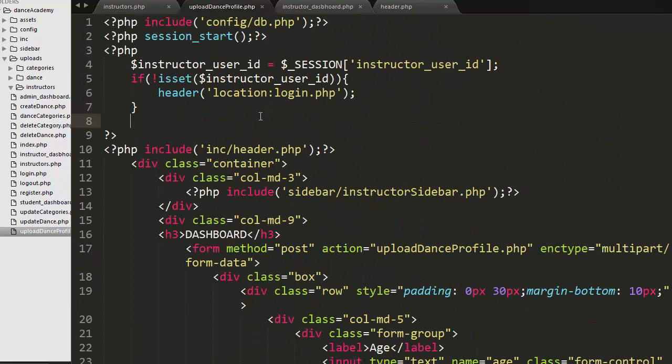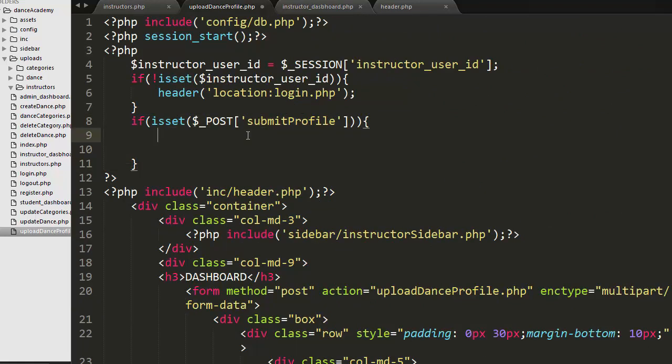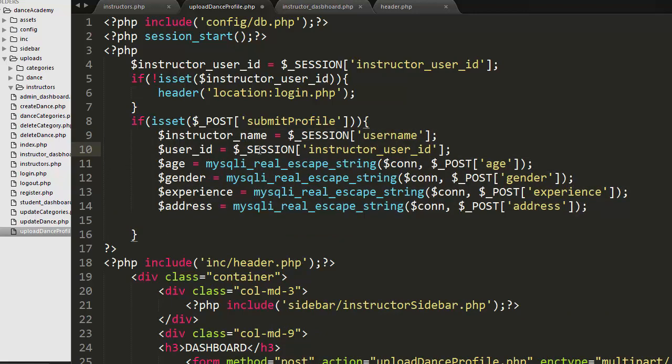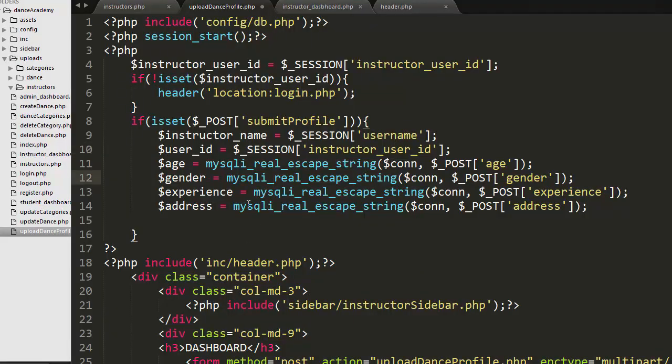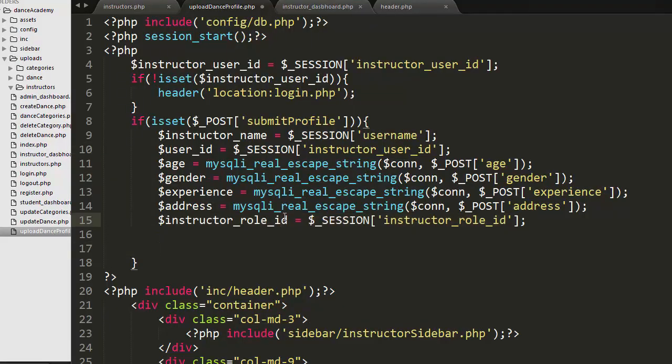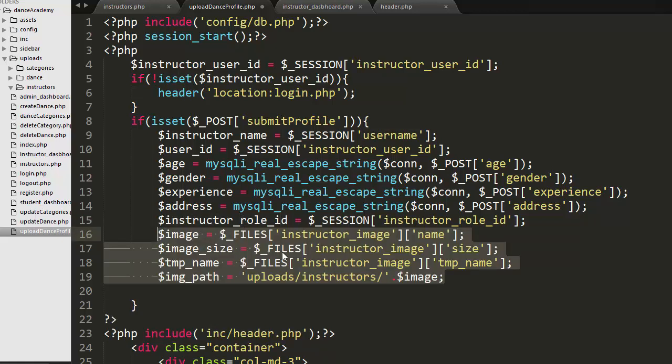So here I am on the top, and here I will set an if condition. Here I am checking if the user clicks on the submit button after entering all the details, then I will collect all the details which user has entered inside this form, like age, gender, experience, address, date of joining, and upload image details as well. Okay, so now then I will take the instructor role ID from the session and store inside this variable, and